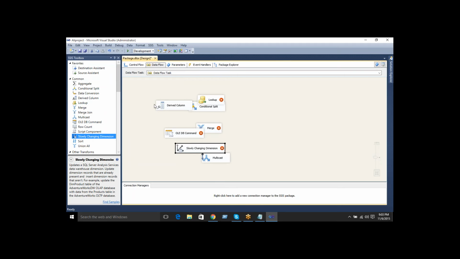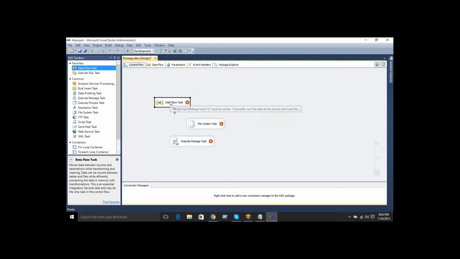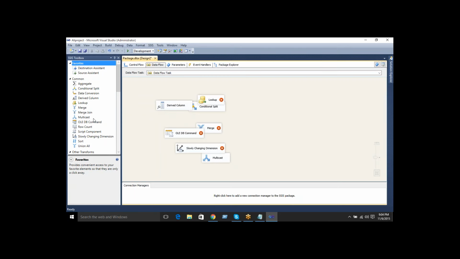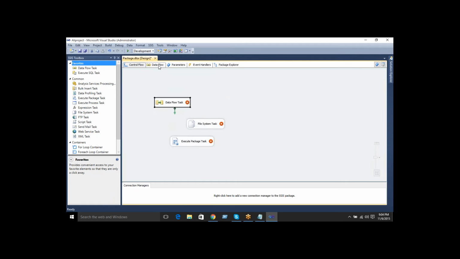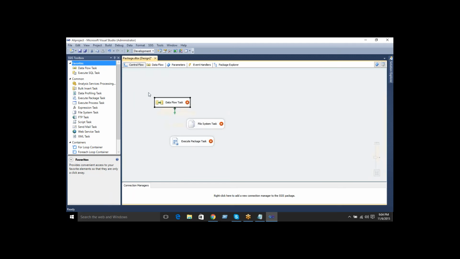But in control flow, you have to add only control flow items directly. The data flow task is also a control flow item in your control flow designer, and this data flow task is connected to your data flow items.